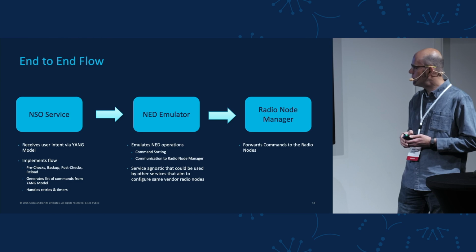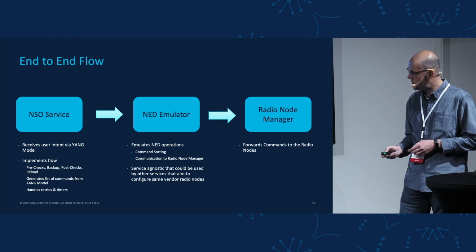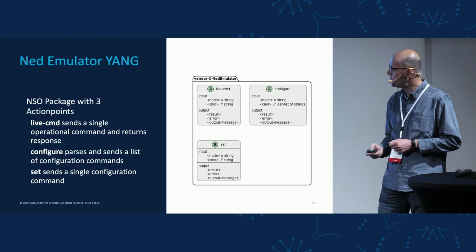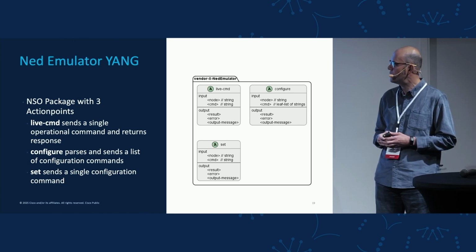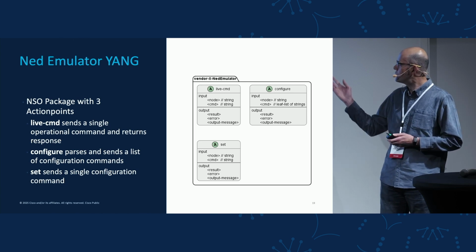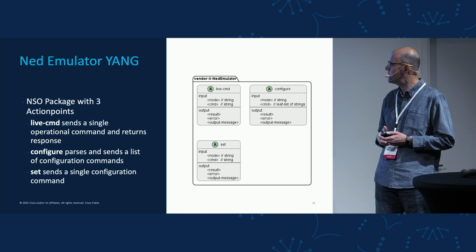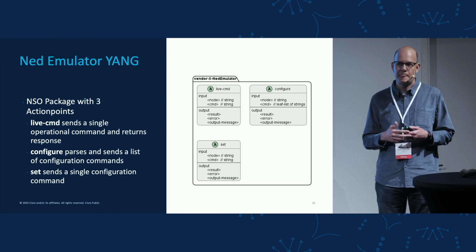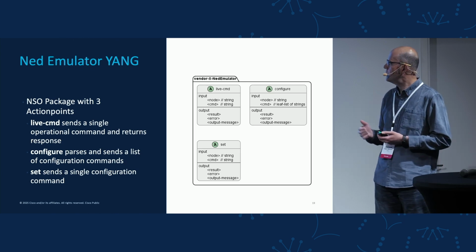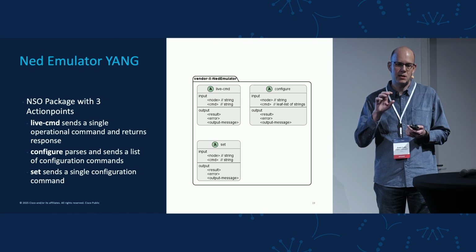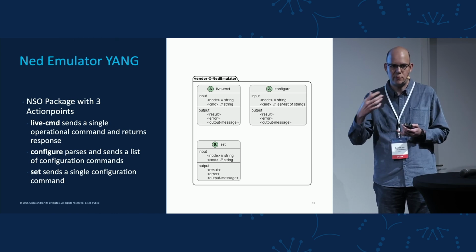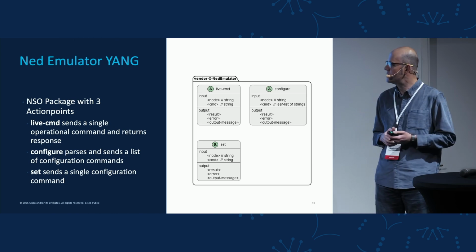For the net emulator, I think we will go straight away to the next slide where we explain a bit better the architecture. First of all, it is an action package, pure action package with 3 action points. If you see the graphical representation of the YANG model, they are very simple action points. They only have as inputs the name of the node where you want to execute. This node is actually the radio manager, so not the radio node itself, but the manager who is finally configuring